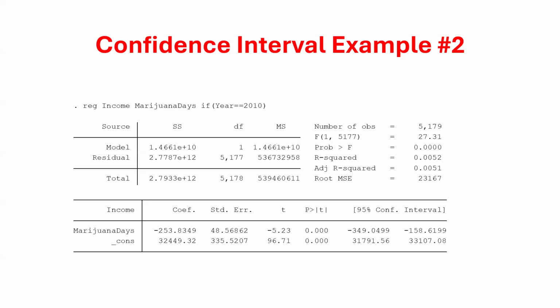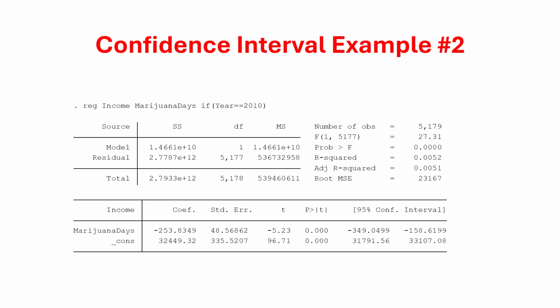So what value would mean that there's no effect? 0. Is 0 in my confidence interval? No. So I can reject that as a possible true value. I found that there's a statistically significant effect of the use of marijuana on predicted income. The test statistic and p-value approach would tell me the exact same thing. So we can really make rejection decisions using the test statistic.